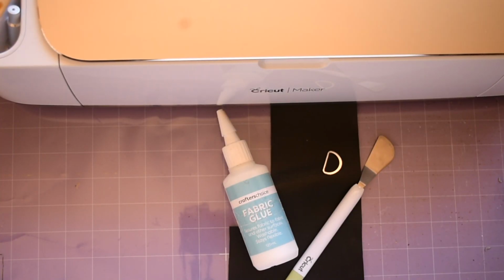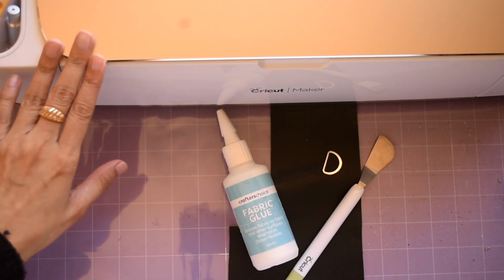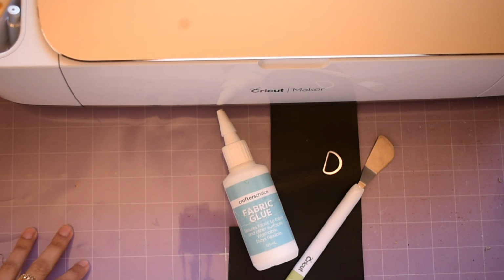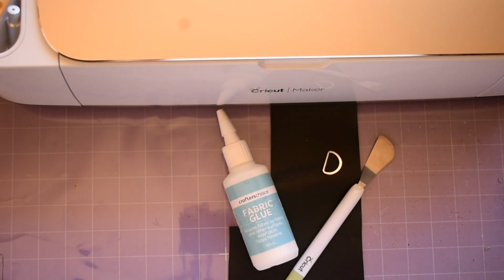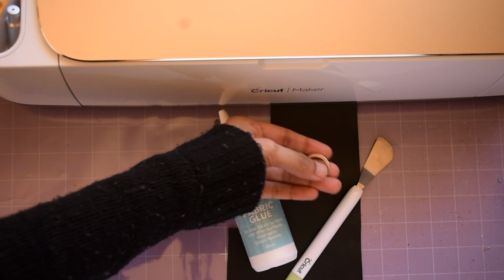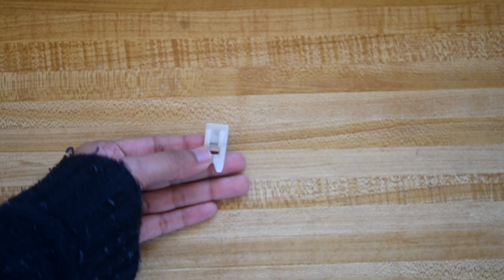So let's have a look at all the supplies that you would be needing for this tutorial. So first of all, obviously you're gonna need your magical Cricut Maker. You'd need your strong grip mat, fabric glue, literally a scrap of vinyl or cork, whatever you want to use, and a D-ring, which is almost half an inch wide, your handy spatula, and if you're gonna use vinyl,